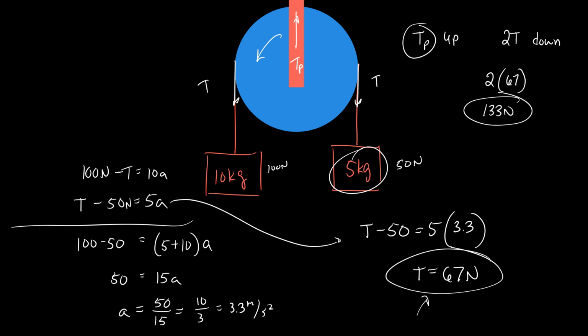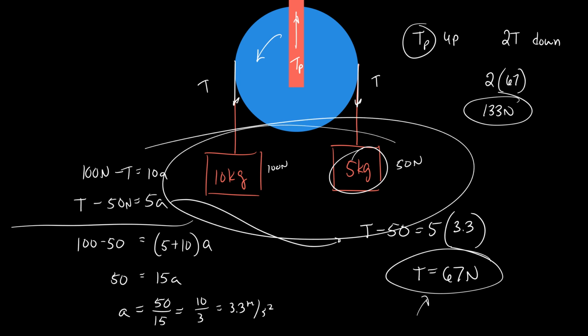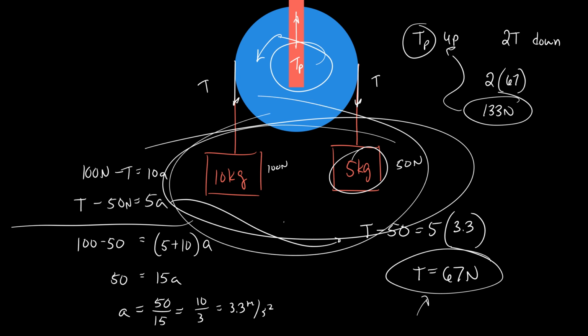Okay, now here's the thing. Here's the culminating thing. This is the thing I want you to realize. We have 150 total newtons of weight, right? But the string is only pulling up with 133 newtons of force. So the upward force that the pulley is pulling upwards with is less than the total weight of the system. Why? Because these generally are accelerating downwards. So the net force upwards is less than the weight of the system. Does that make sense? That's why we get 133. If you do it with M1 and M2, you get a monster mess of